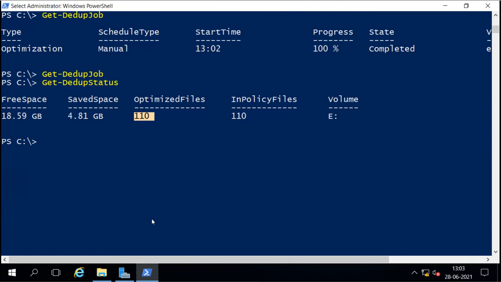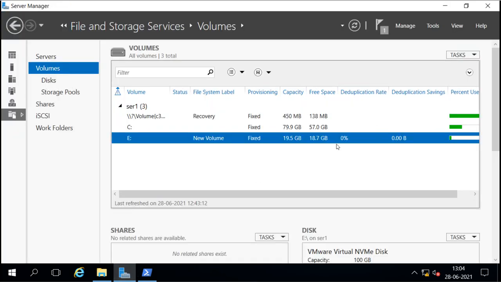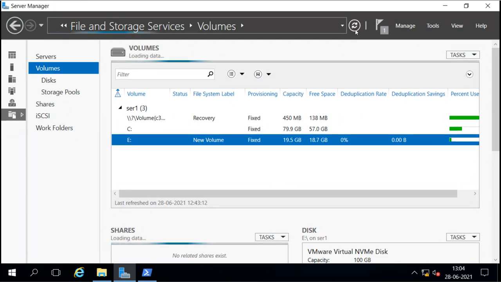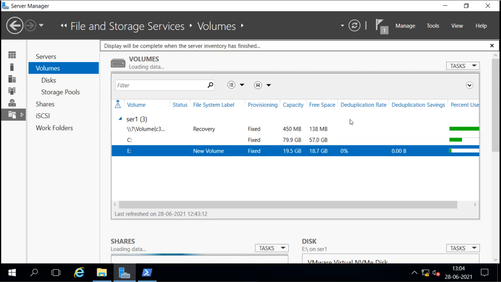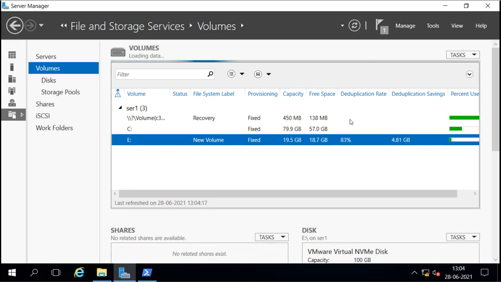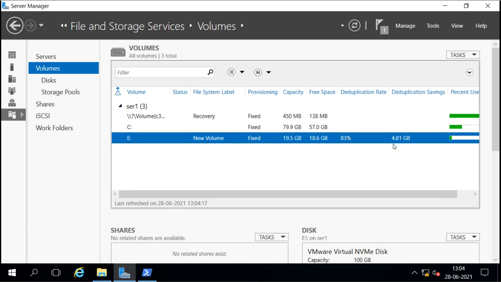What that means is the data we have seen was totally about 4.8 GB, but it is now saying that it has saved that space. Let me refresh it. Now we can see the data deduplication rate is 83% and it has saved almost 4.81 GB of space.